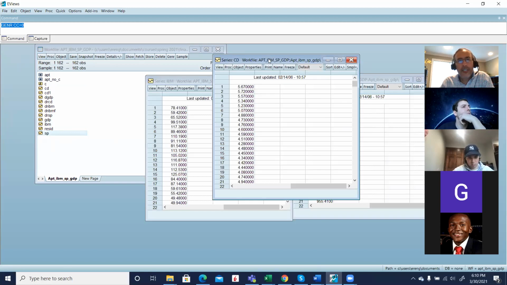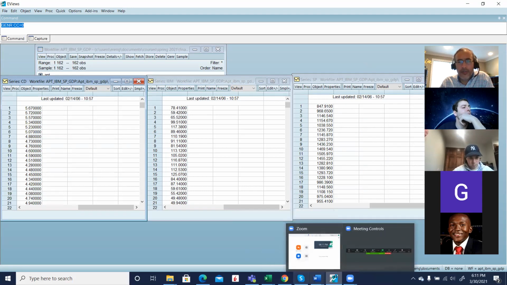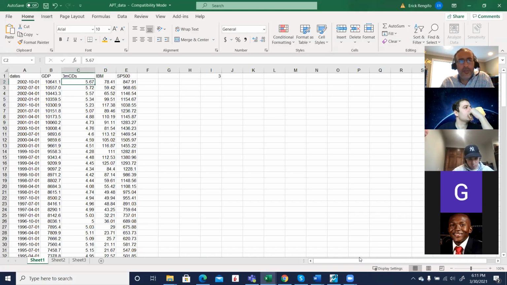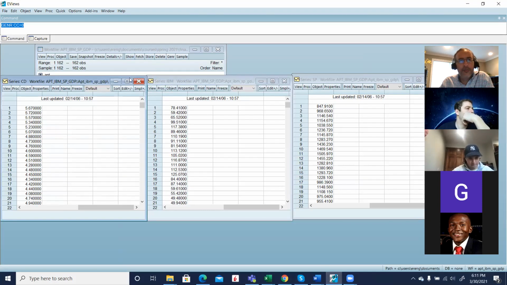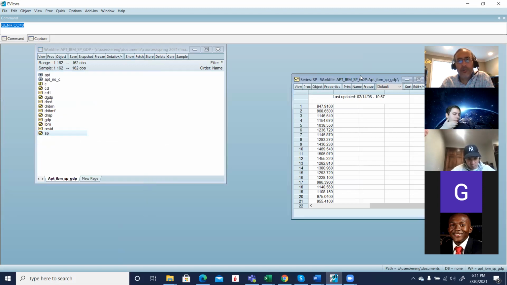I have the CDs, I have IBM, and what is this one here? Oh, the GDP. Let me see if I have these ones here, correct? Are you seeing eViews also? Oh, I have something missing, IBM. IBM SP500. Are you following, guys? Yes. Okay, so what we are going to do is, first of all, transform